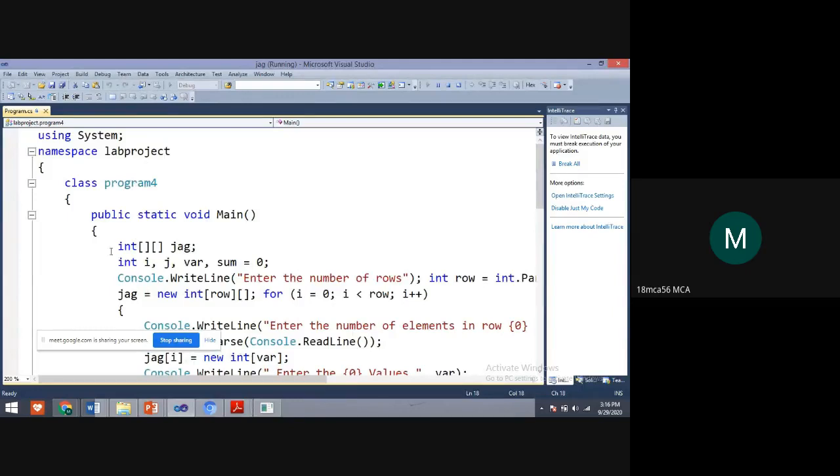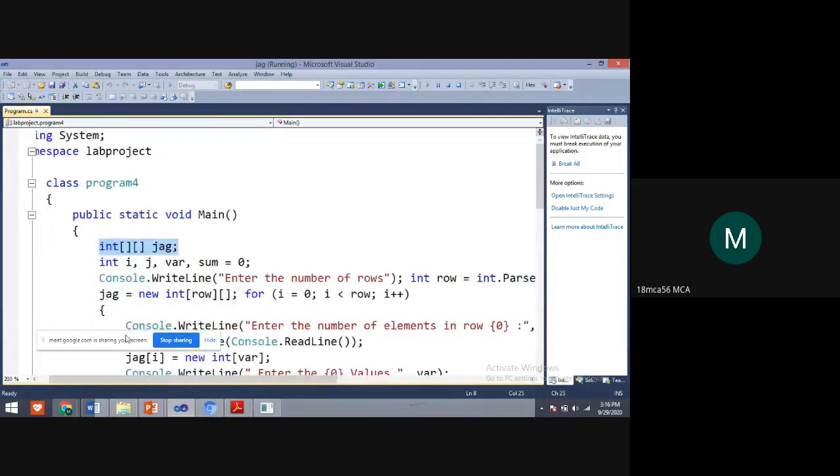See students, here is the declaration of the jagged array. The number of rows and column values are decided during the execution time, and int i, j, var, sum, because we are calculating the sum.